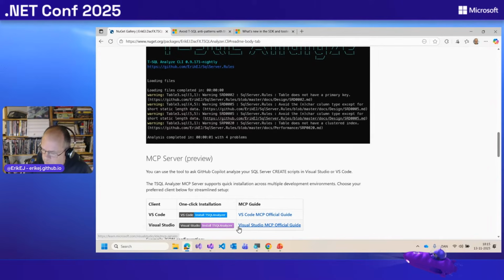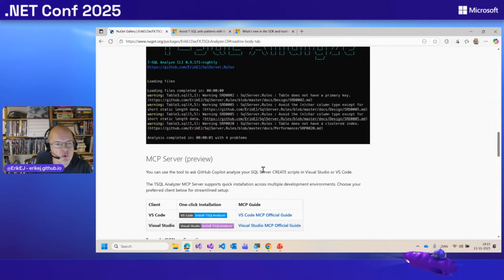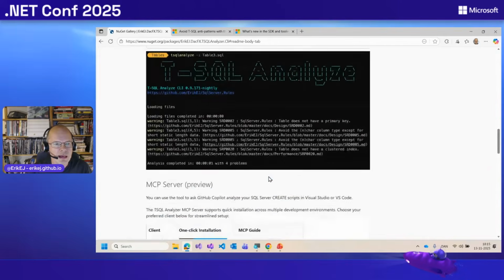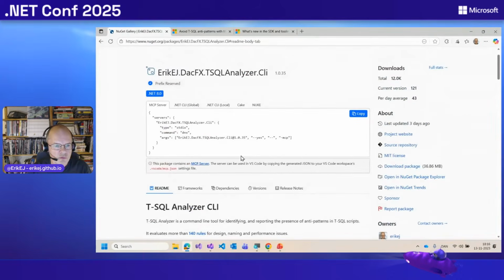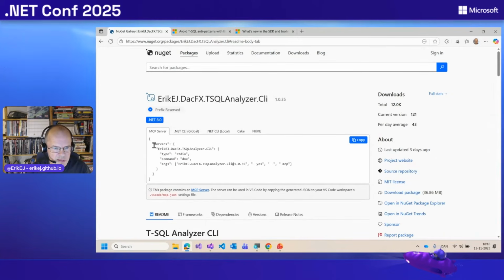So the next step, of course, for .NET 10 is that you actually don't need to install the tool. You can just refer to it with this syntax, which is new in .NET 10. Instead of the command from the install tool, you can use a new .NET 10 command called DNX, which has the ability to execute your .NET tool package directly from the web.